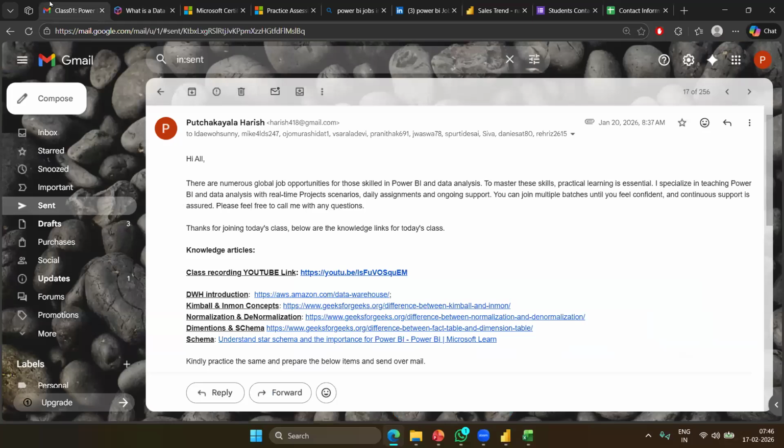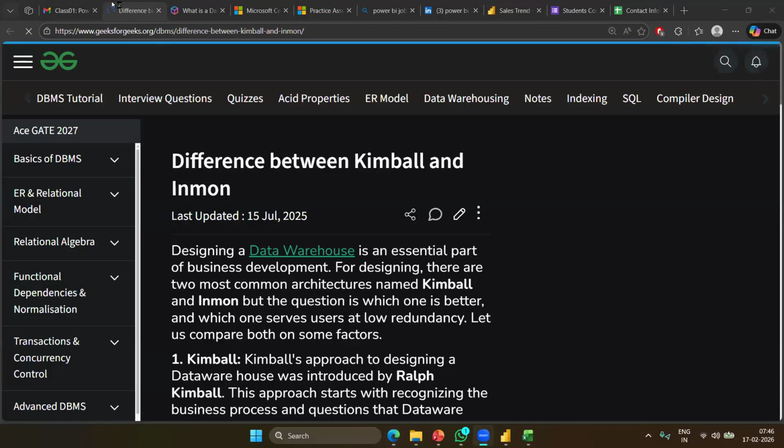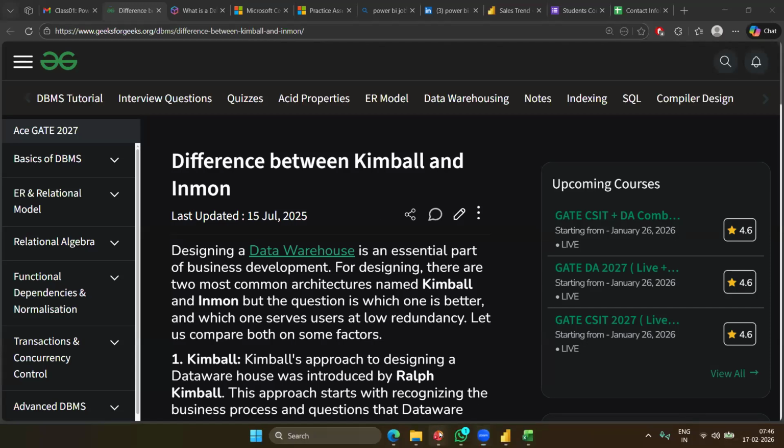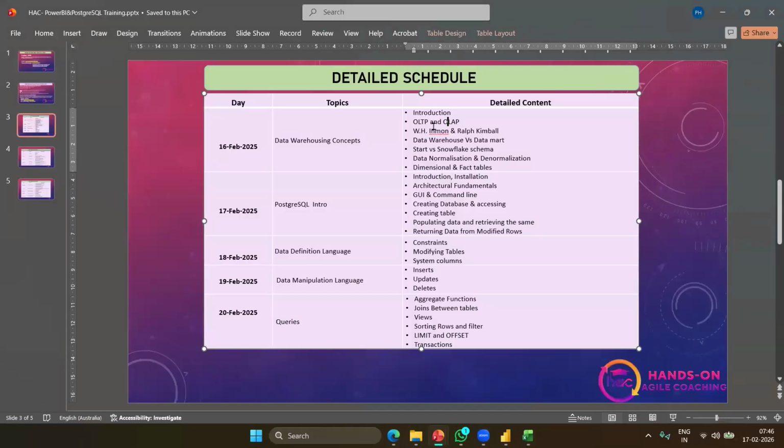Okay. So now there are two great scientists. What are their names? Inmon and Ralph Kimball, right? Whenever you are studying a physics or science subject, we definitely learn about Newton's laws, irrespective of whether you use them in your future or not.